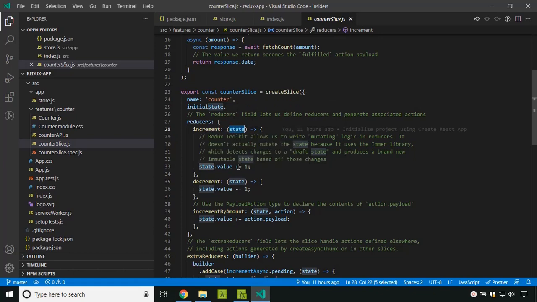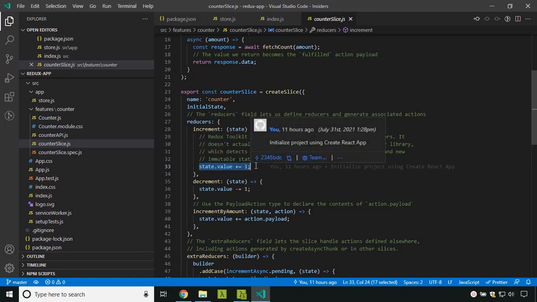When you look, you can see that we are directly modifying this value, but inside createSlice they are making use of a library called Immer, which makes the current state immutable, and internally it will create a copy of the current state and apply the change only on that.